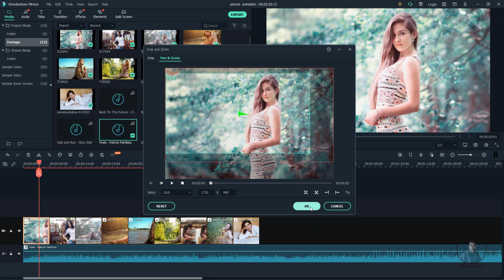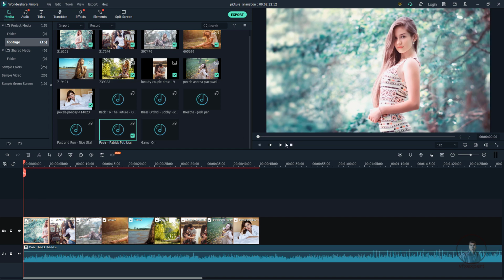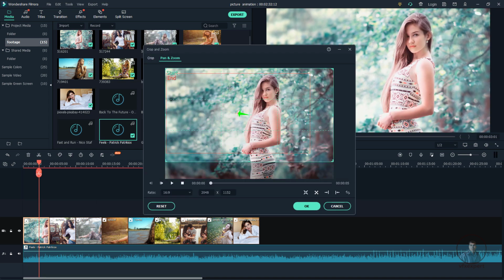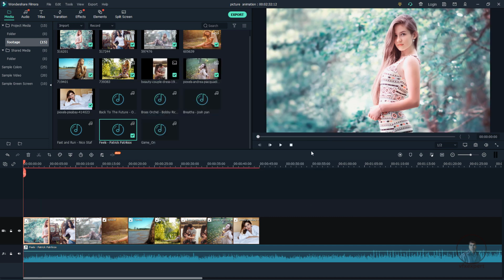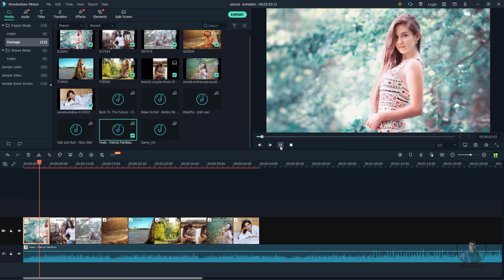Now again press OK here. So this will update your animations here. Now you can see. So you can see here guys. So like this you can also update your animation anytime according to your requirements here. So this is actually the first method. So with the help of this method, simply you can animate your picture.